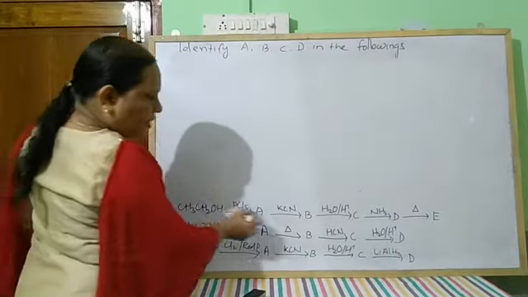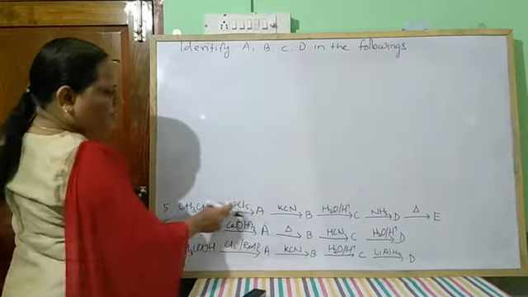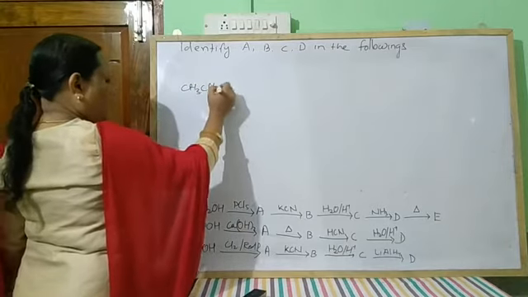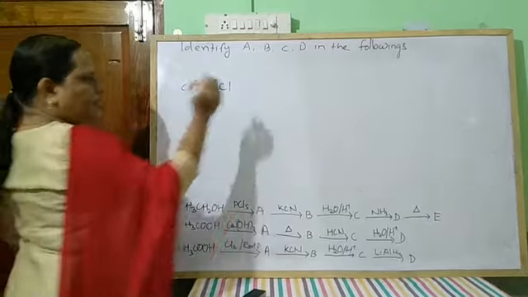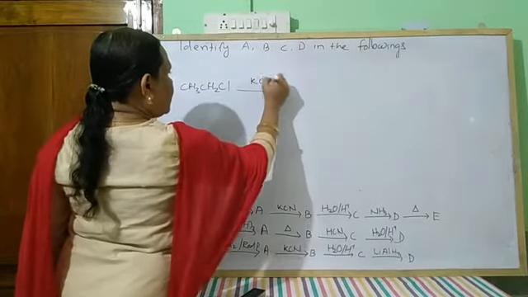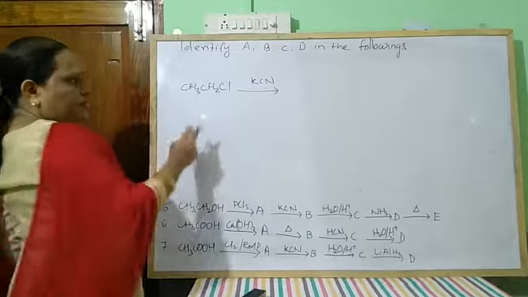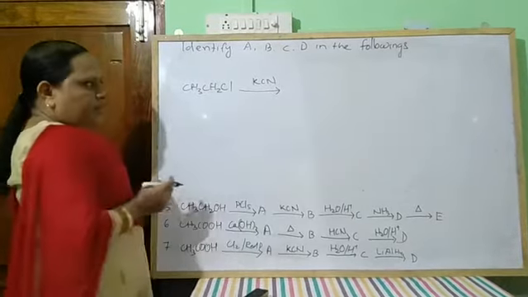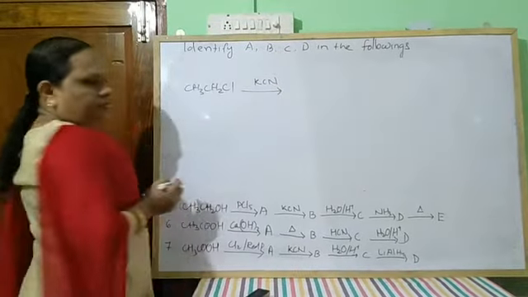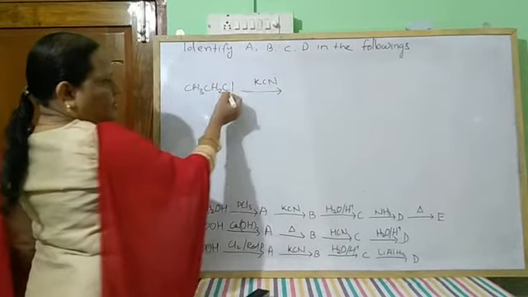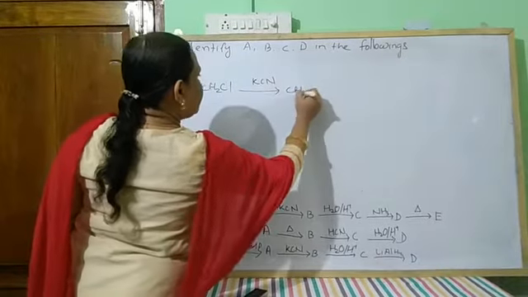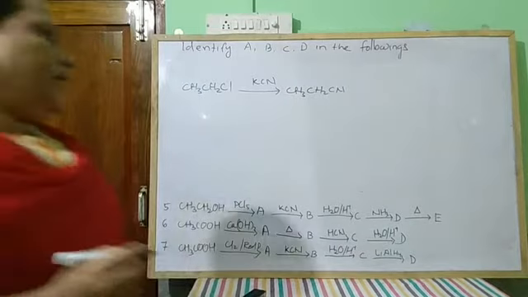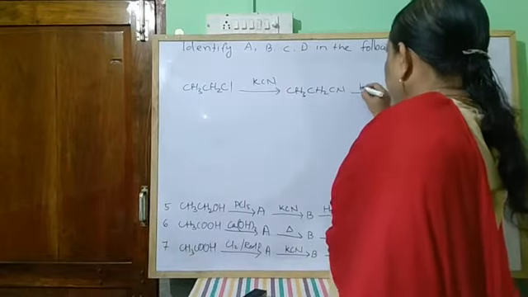Ethyl alcohol reacts with PCl5. The OH group is replaced by chlorine. So A is CH3CH2Cl, and when it reacts with potassium cyanide, this is the nitrilation reaction. In any reaction, if the number of carbon atoms is to be increased, then the nitrilation reaction plays an important role. The Cl is replaced by the CN, it gives ethyl cyanide, and when ethyl cyanide is treated with